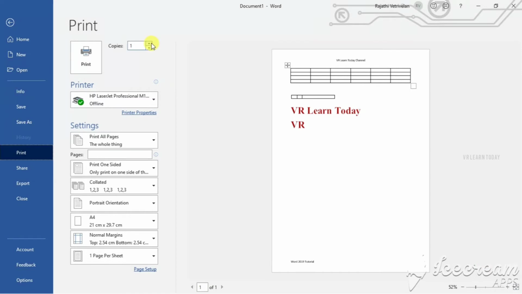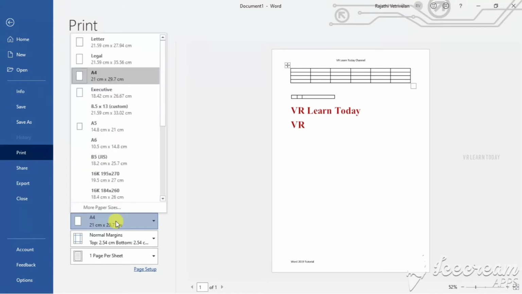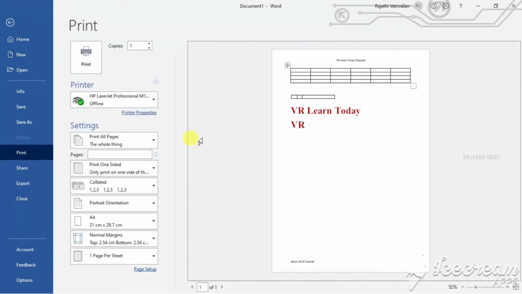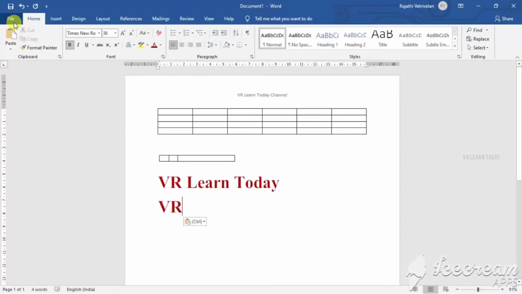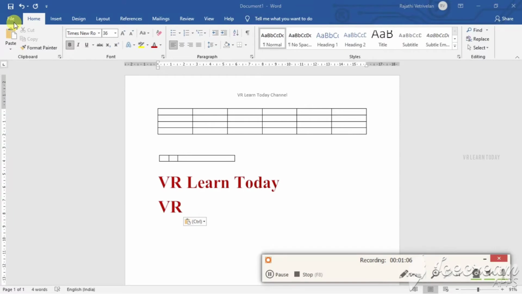Here you can mention the number of copies, and here I already have an HP LaserJet Professional printer, so that's why it's shown here. These are the materials you can print, like an A4 sheet or A5 sheet, apart from your printer. Okay, so this is the way we can print.